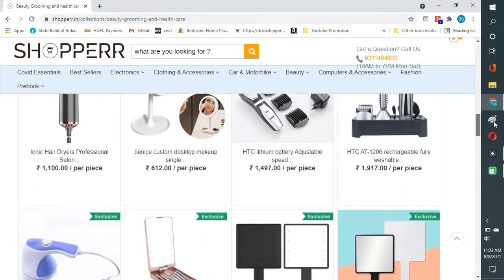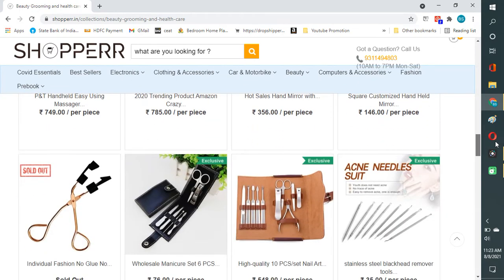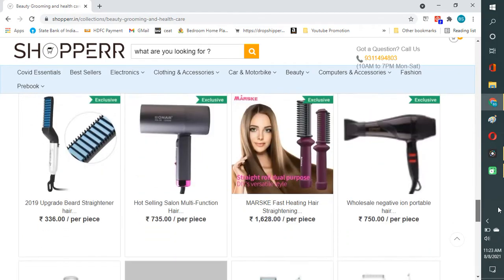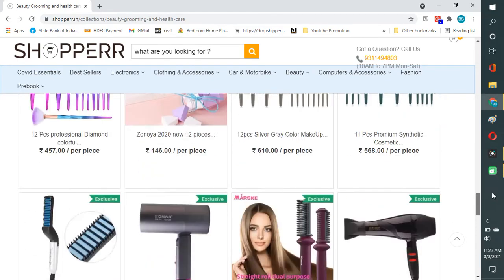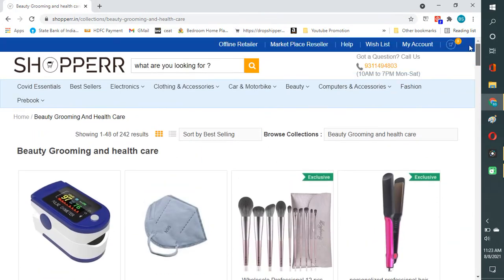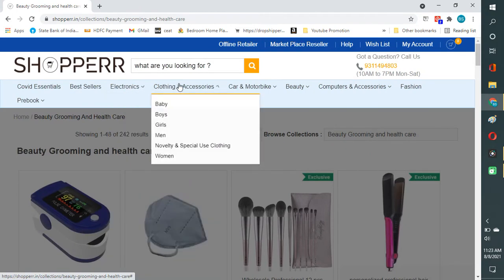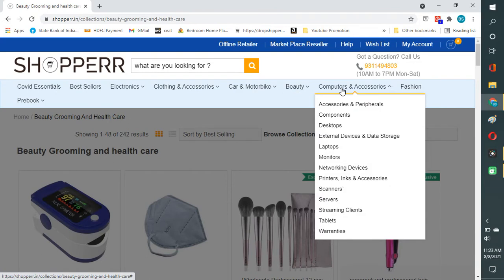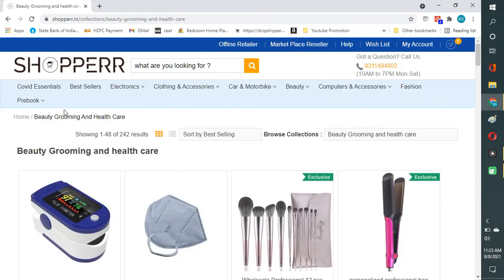Okay, and the good thing with this site is that it is integrated with Amazon and Shopify. Normally you get so many sites, but getting the Excel sheet for uploading to Amazon is a bit difficult, but this site readily provides you that facility. I will show you how. You can see there are different categories on the top. You just select anything you wish.